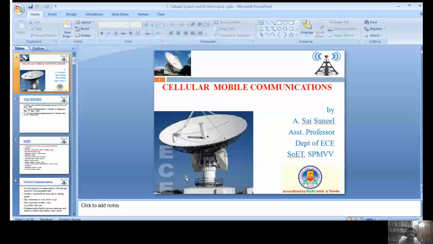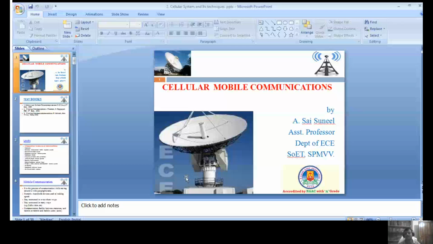Right. This one is based upon the previous examples. The first one is pagers. With pagers, you can see the text message. The second one is the walkie-talkie. Here in the walkie-talkie, someone can be talking while the other one is listening. The third example is the cordless telephone. In the cordless telephone, the landline connection, that is the PSTN network, is connected to the dial pad.